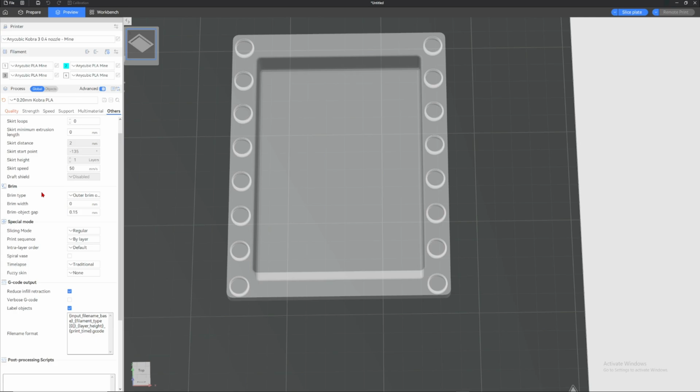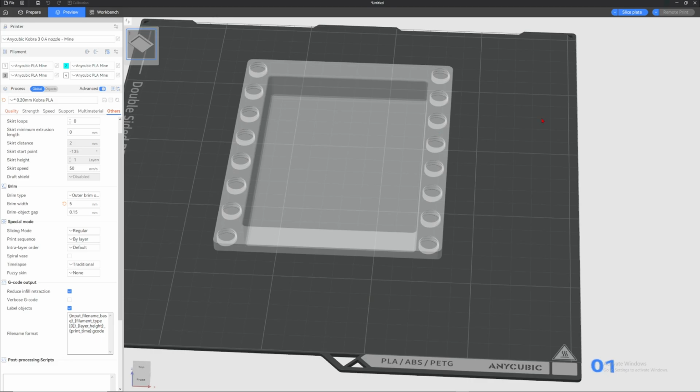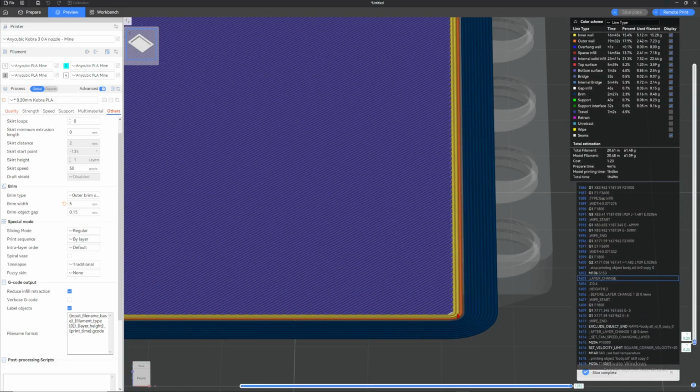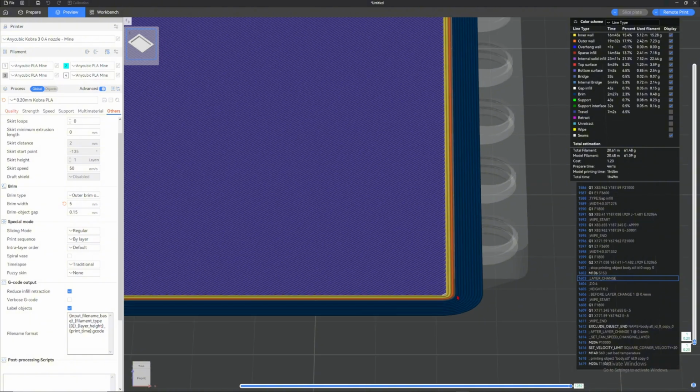on higher temperature filament or like a model that has minimum contact to the bed, I usually just use the outer brim only. So it will be on auto. I just change it to outer brim, and then the brim width I just put like 5. It will add 5 brim at the outer of the 3D models so that it holds down the 3D models a lot better. But like I said, you still have to clean this, but it's a lot better than the